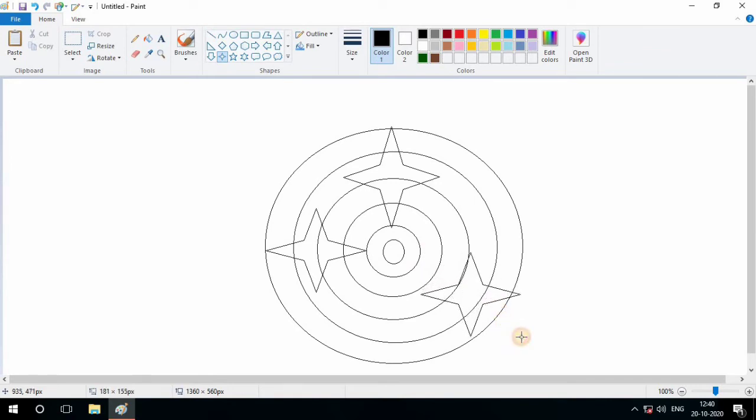Again I am doing this, taking a star, adjusting with the picture. Four corner side I am doing this. Take a star and make it.